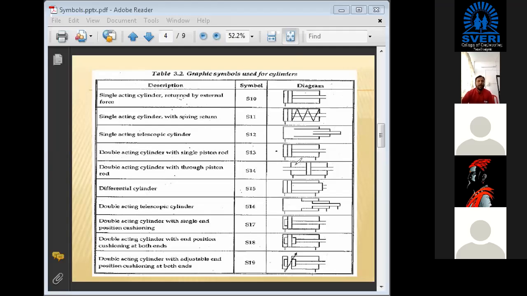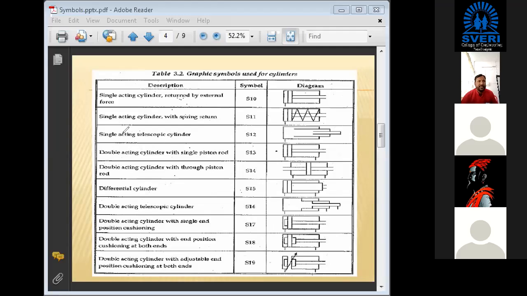Sir, differential cylinder, S15 diagram. Yes, this one. Okay. From this to S19, sir, please explain a little. Okay, see,